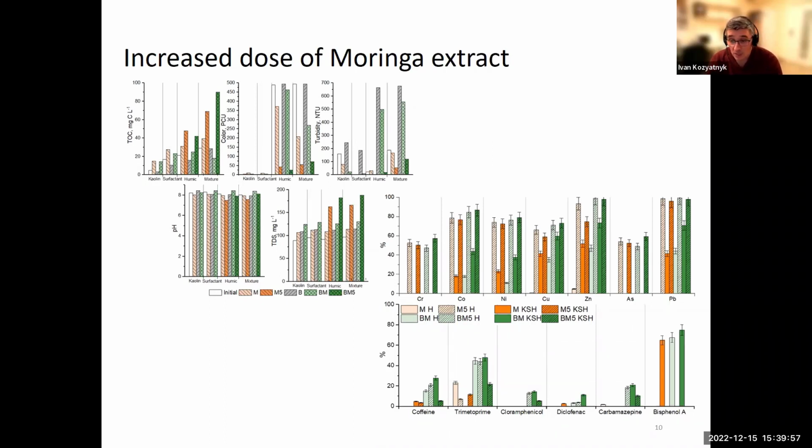And it was most likely due to the successful removal of the complexes with humic acids. It's also seen that we did not achieve a reduction in pH in our experiments, indicating that treated water had a slightly alkaline pH around 8, caused probably by residual surfactants. And the residual concentration of total organic carbon was most likely because of residual Moringa proteins.